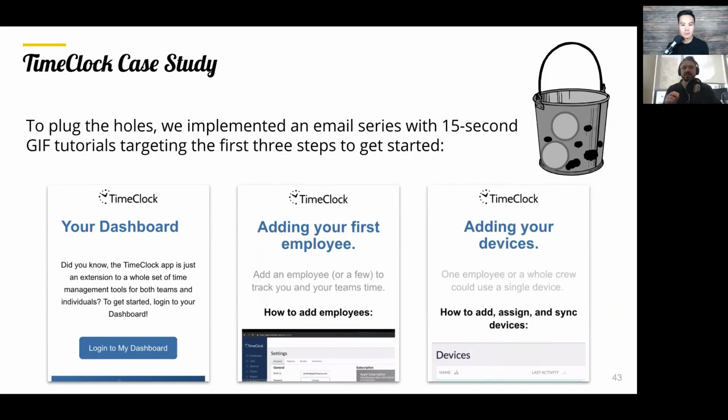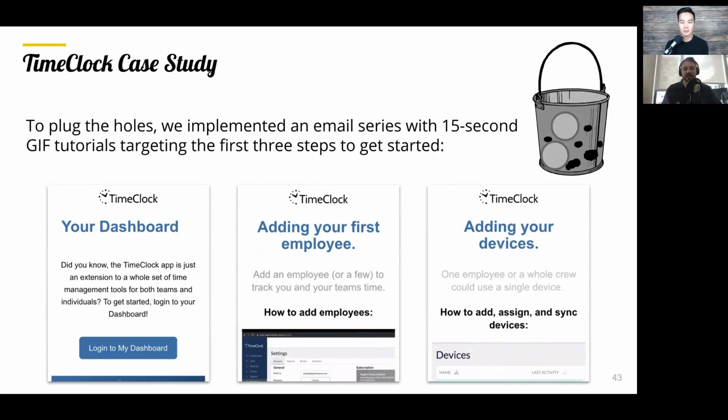So to do that, we implemented an email series and 15-second GIF tutorials in those emails, targeting those first 3 steps to get started. So the key thing is, I don't want people to take away from this whole case study, we just got to implement an email series and boom, we'll have a successful app. What we did is the secret sauce was tapping into knowing who we're talking to, and then tapping into that insight, because they told us exactly what 3 steps we need to give them. They told us exactly when we need to give it to them. And they told us exactly how we need to tell them about those 3 steps, which told us exactly that we need to implement this specific email series to start it.